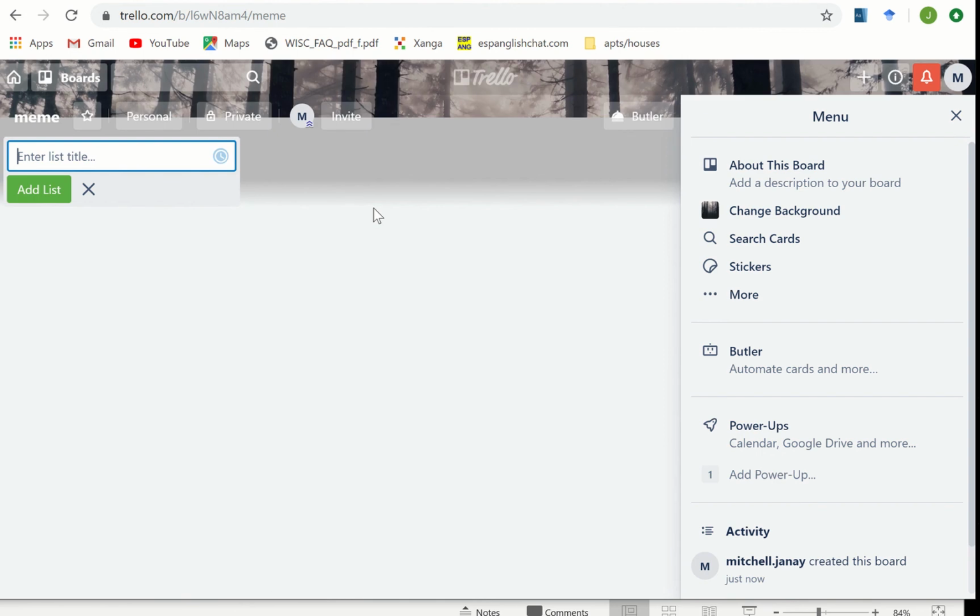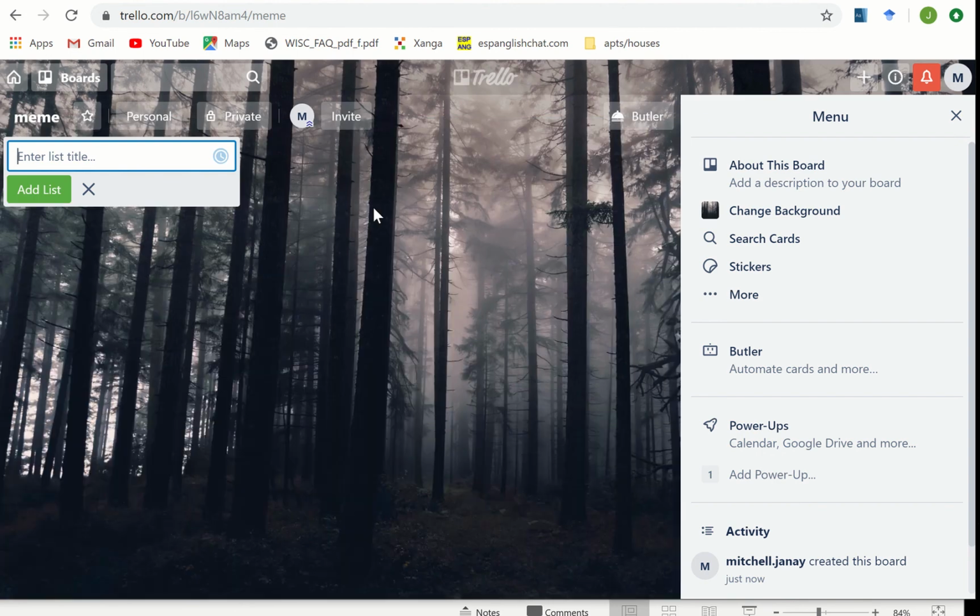When I create my board, this is what the blank document looks like. And so if I'm working with my group, I would invite them to my Trello first, or if I was the teacher bringing this to my students, I could make the groups myself. I can place different people in different groups or make the groups the way that I want to, right? So maybe the first thing that I need to do,